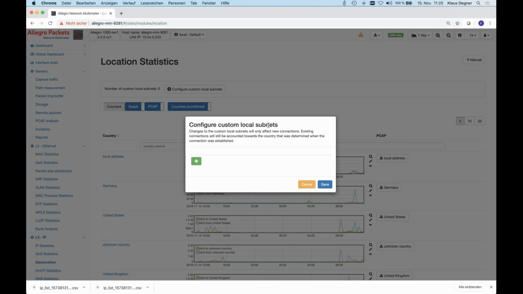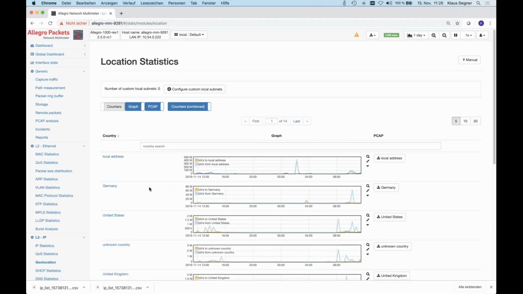They're not connected to the internet, but it's, well, hard for them to understand that we show for a specific IP address that this is in Germany, this is in the US. So we added the option that you can simply disable the geolocation for certain subnets.